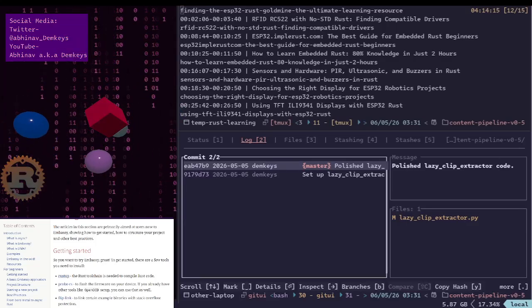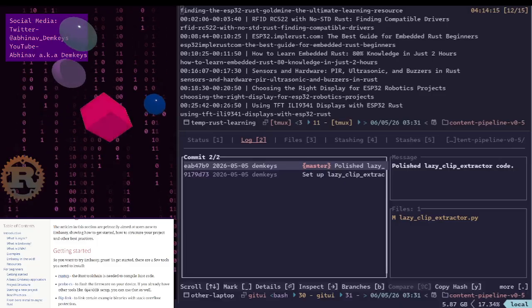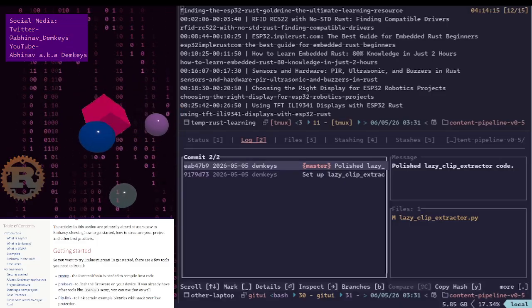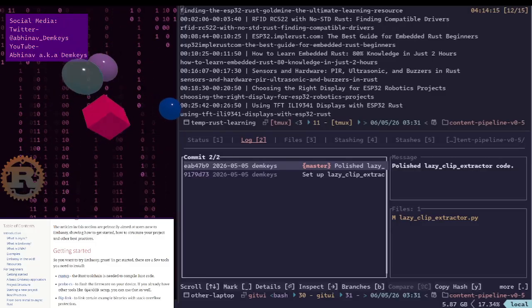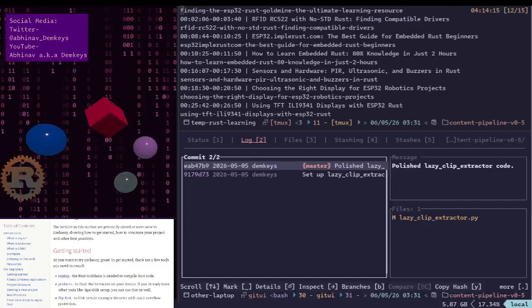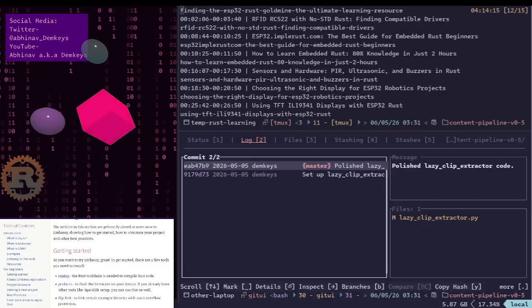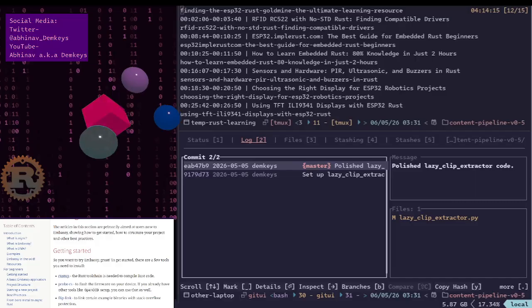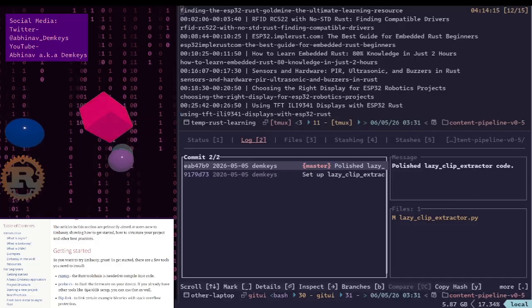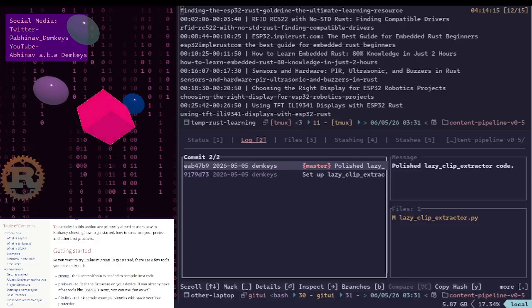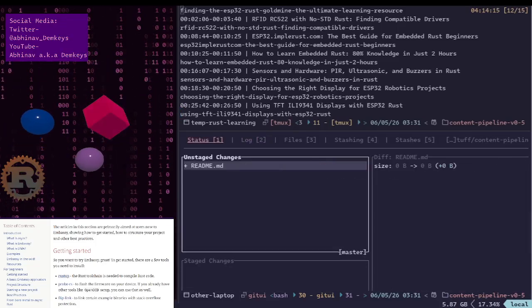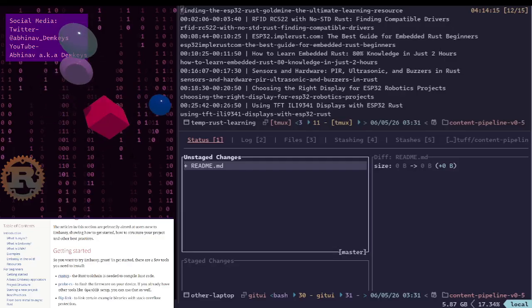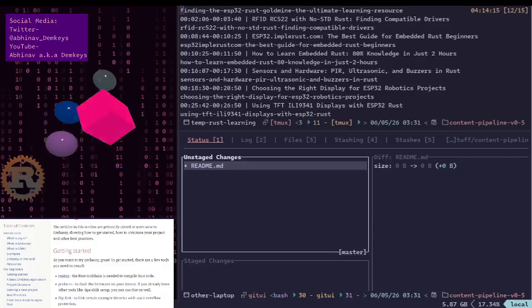But I've made progress. I've been busy working on the content pipeline all throughout today and yesterday after yesterday's stream. And I'm happy to report that I've made a decent bit of progress on the content pipeline. I also got to test out what the results are going to be like, and the results are amazing, by the way. Initially what I was planning on doing was